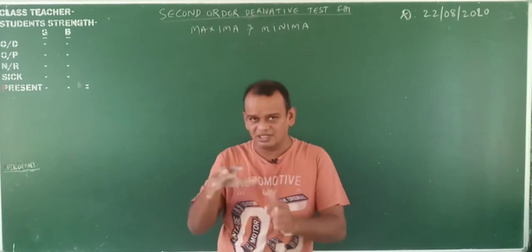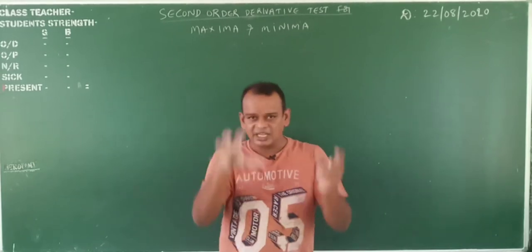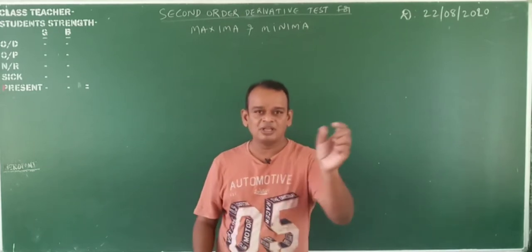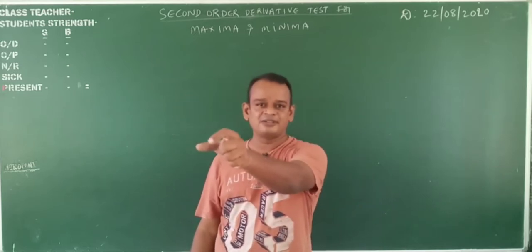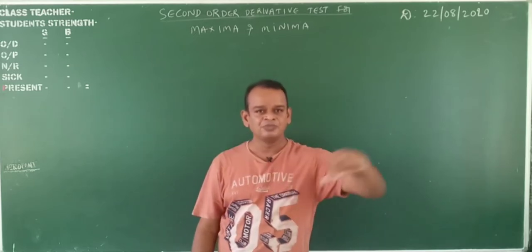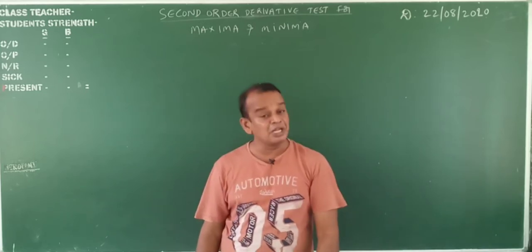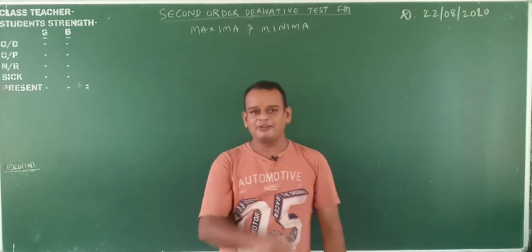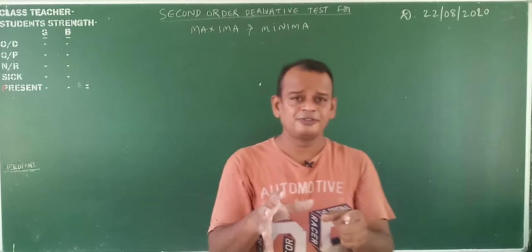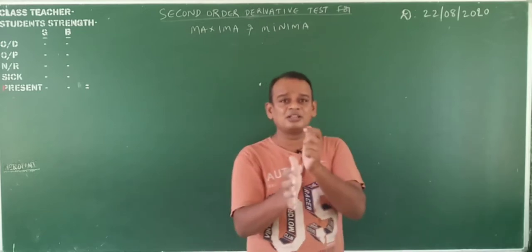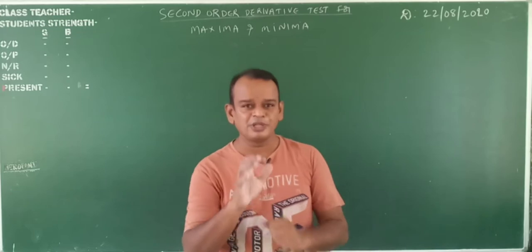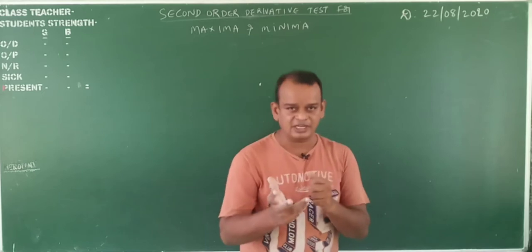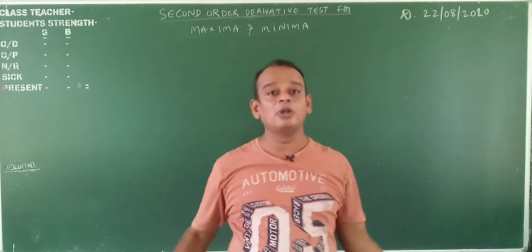In a word problem, you must read carefully and look for that type of words: the volume of the cylinder is greatest, the volume of the sphere is greatest, the surface area of the cylinder is minimum. That is important. That type of sentence gives the function. For example, the volume of the cylinder is maximum. You know the cylinder volume is pi r square h. That is the function of that problem.